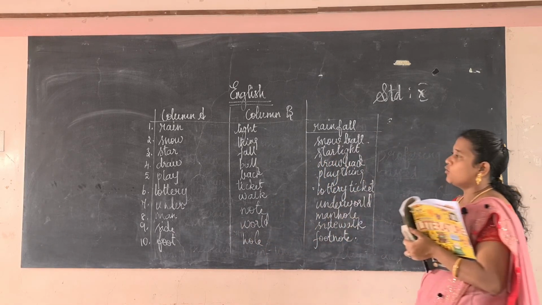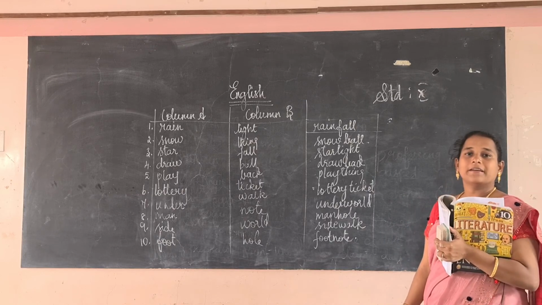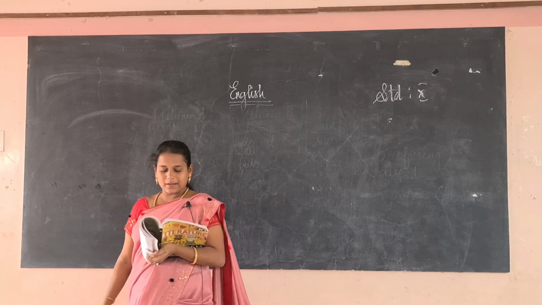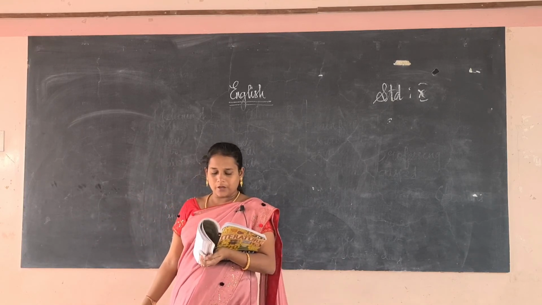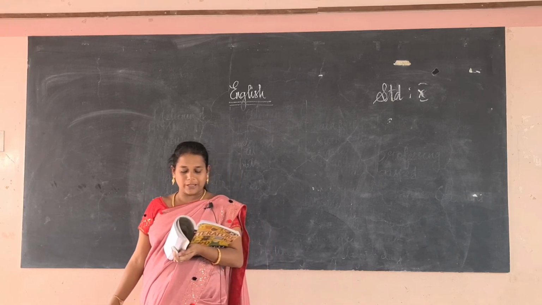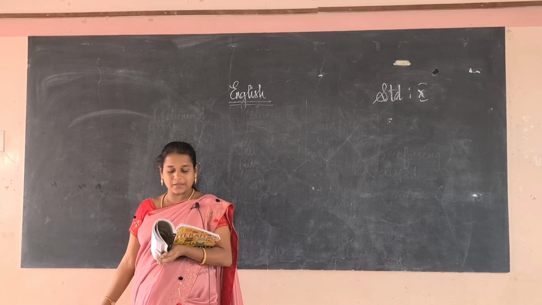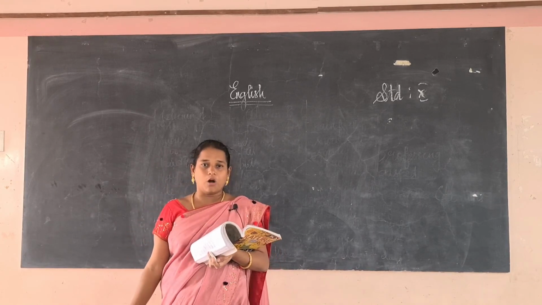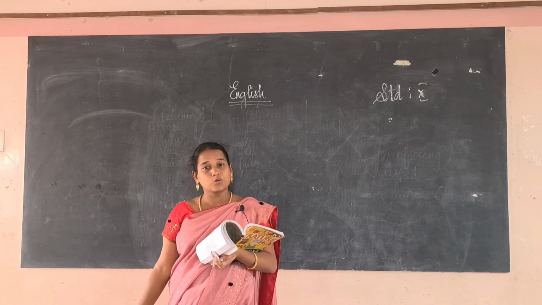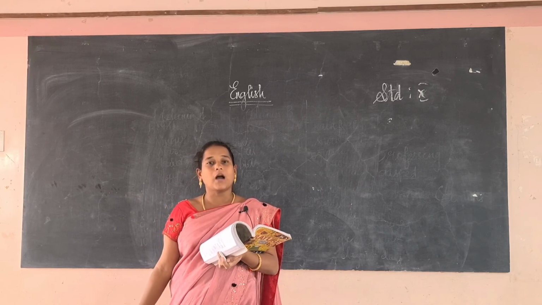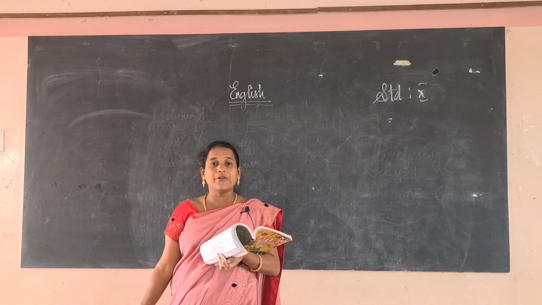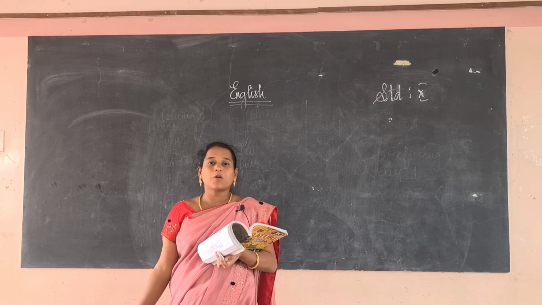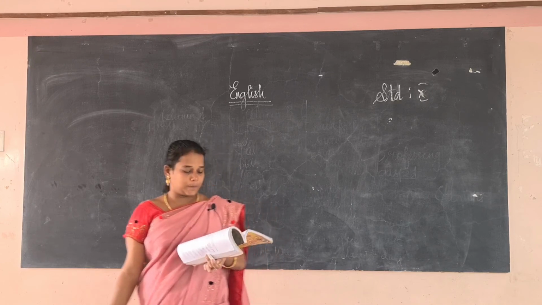Okay, so this is how we have to find the compound word. Okay. The next they had given: form a compound word from the boxes given below and fill the blanks in the sentences that follow with the appropriate compound word. So they had given some words in the box. We have to do two things. First we have to find the compound word, then we have to fill the blanks given below with the appropriate compound words. Okay, we will do.